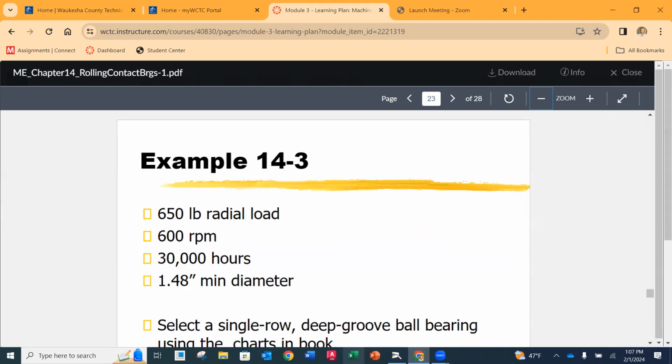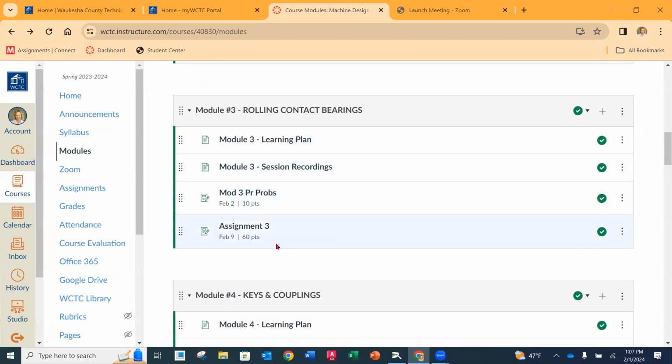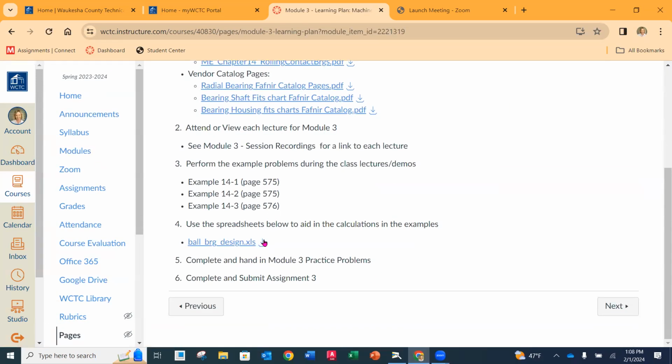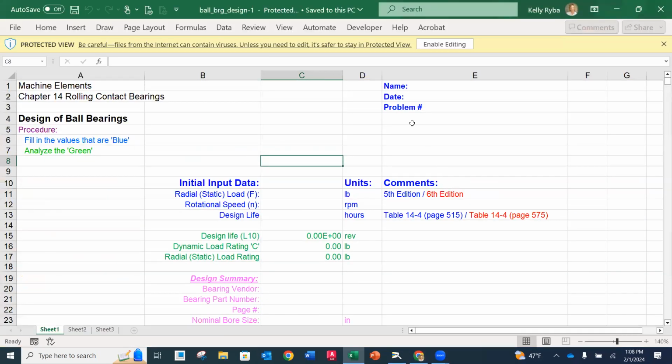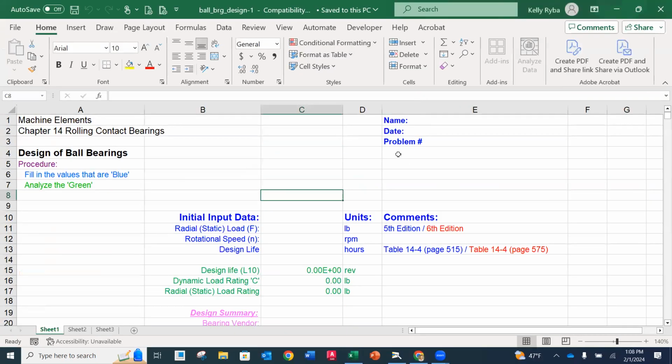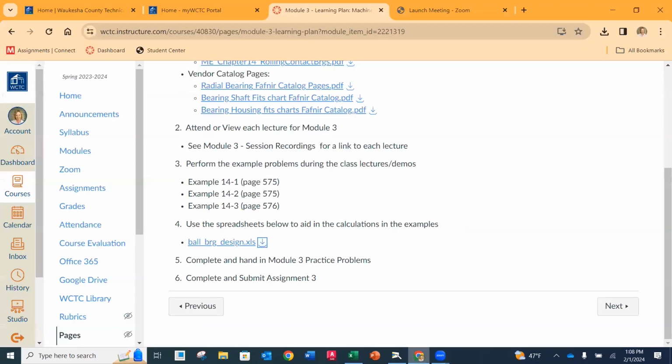Before we go there, I encourage you to download the Excel spreadsheet if you haven't done so already. So I'm going to download it here. I'm going to go to my learning plan, module 3. I think I have it downloaded, but just in case. And then I'm going to pull it up and Excel will open. And we'll kind of just let this sit here, enable editing. You're going to probably want to save your own somewhere so that you have it, and rather than just in your downloads. So I'm going to go back to,